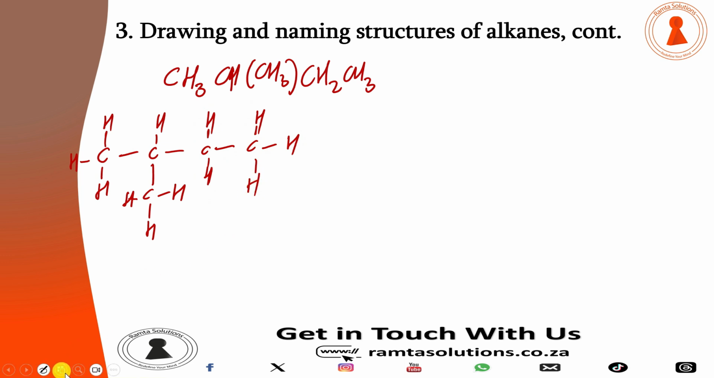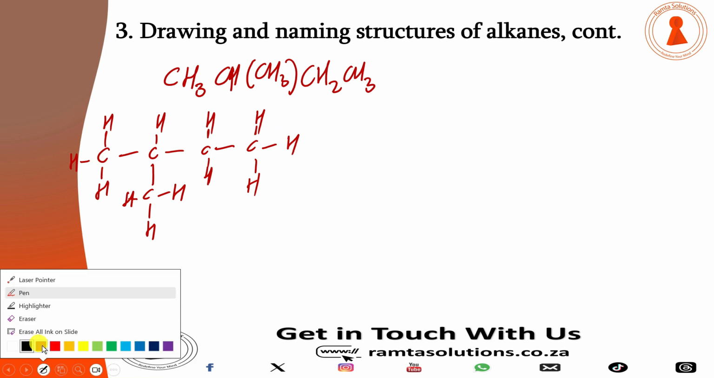How do we start numbering? Let's see. 1, 2, 3, 4. That's the longest chain. So the longest chain has 4 carbons. Do we start numbering from the left or from the right? Let's see. The first substituent, 1, 2, 3, 4. It's on carbon 2. If we go this route, 1, 2, 3. Okay, no, we must start from left to right. So the name will be